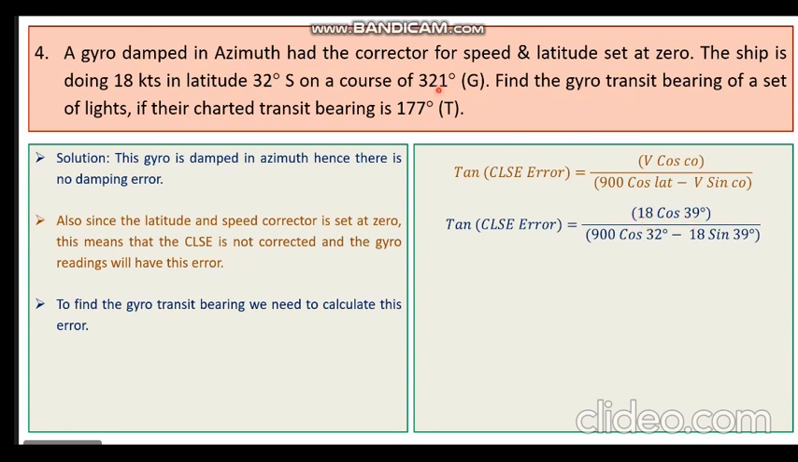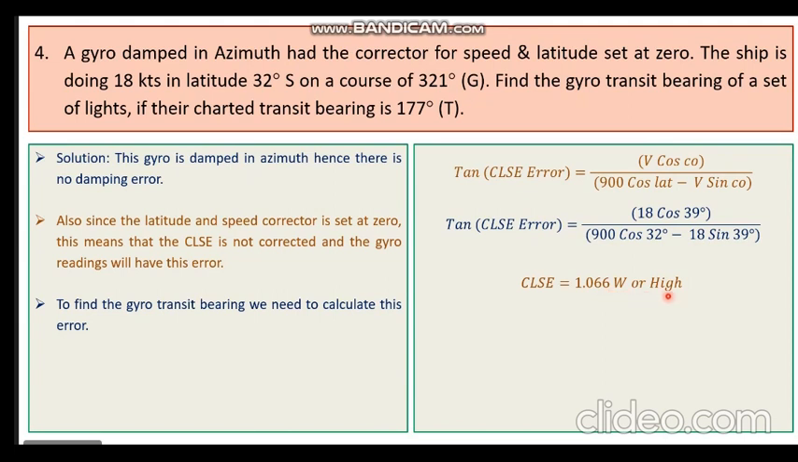The course is 321, which is north 39 degrees west. So we have the course as 39 here. We use the course in the quadrantal notation. Then in the denominator, you have 900 cos of latitude, which is 32 degrees, minus V, which is 18 knots, sin of course, which is 39 degrees. Now, when we put these values in the calculator, we get the CLSE or the steaming error as 1.066 west